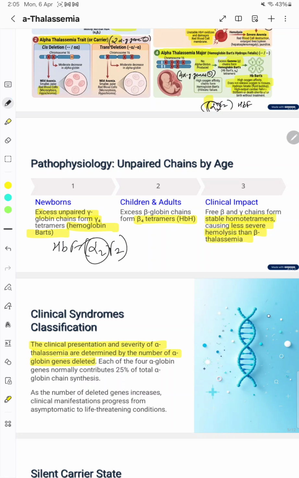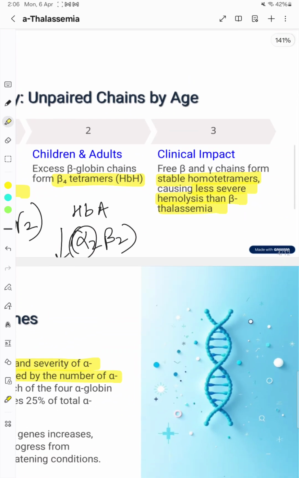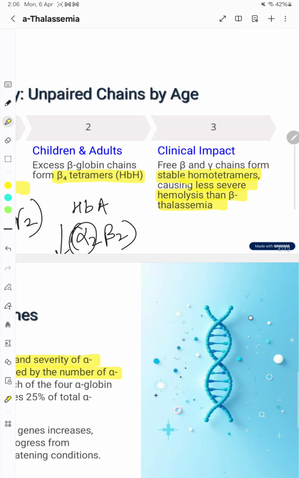gamma tetramers. In childhood and adult life, we know the main hemoglobin is HbA, which is composed of alpha 2 and beta 2 chains. If alpha is decreased, then there is excess of beta, and beta 4 tetramers are seen, which is seen in HbH disease. These free beta and gamma chains form stable tetramers, causing less severe hemolysis than the